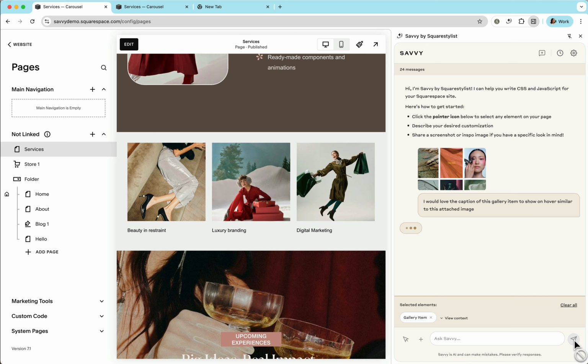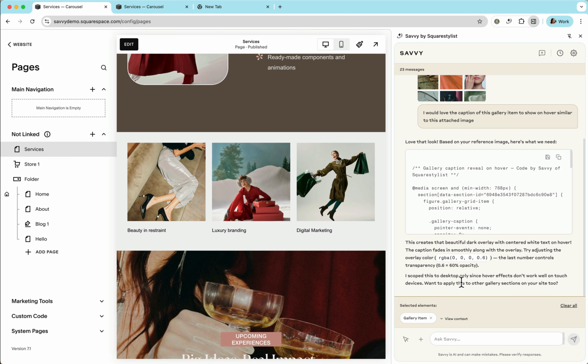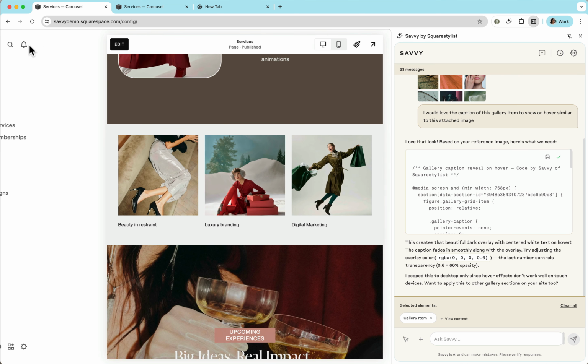So once we send this, it will analyze the image along with the accompanying text, and we'll note that it gives rationale behind the code that it provided. Notice that the overlay color is set to 60%, and it also scoped this to only apply to desktop because the hover action is not reliable on mobile. So let's see how it